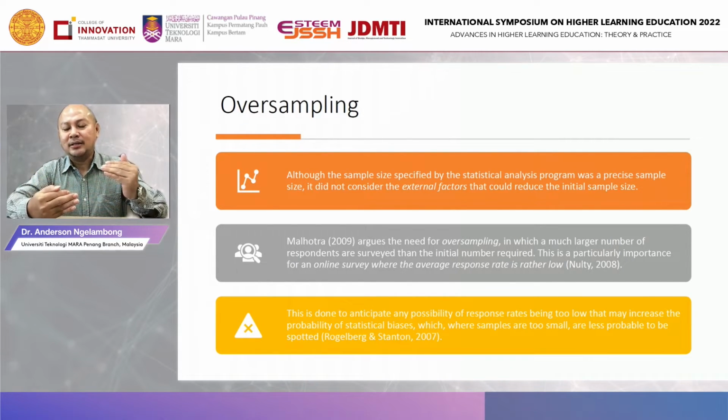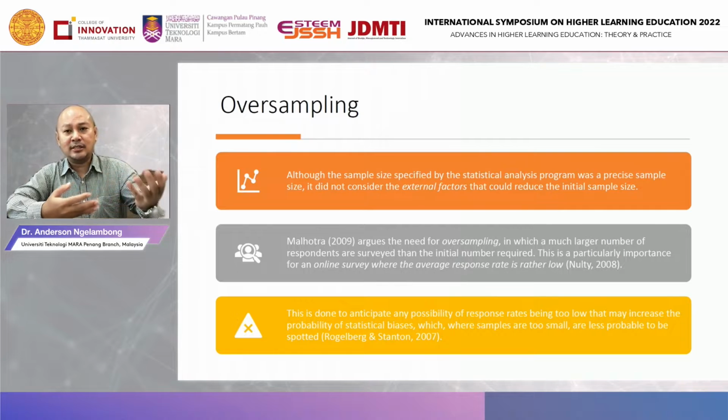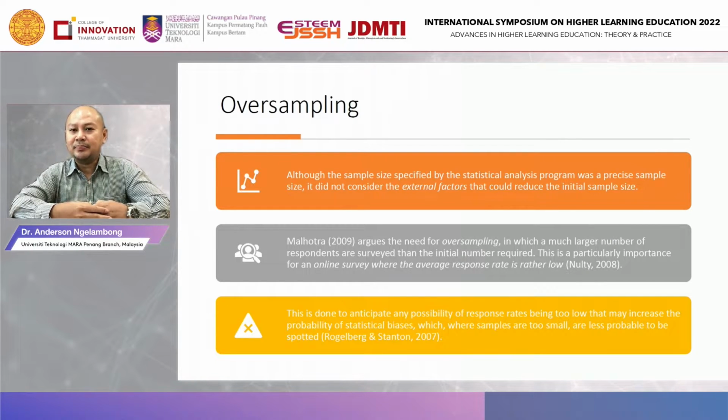data. So here oversampling is introduced. In certain situations, you need to oversample your sample size. Although the sample size is specified by the statistical analysis program, for example G*Power, it gives a precise sample size. It did not consider the external factors that could reduce the initial sample size. So here I introduce one citation, an author named Malhotra. Malhotra 2009 argues the need for oversampling. Don't quote me, I'm not the one who introduced oversampling. You should quote Malhotra 2009,